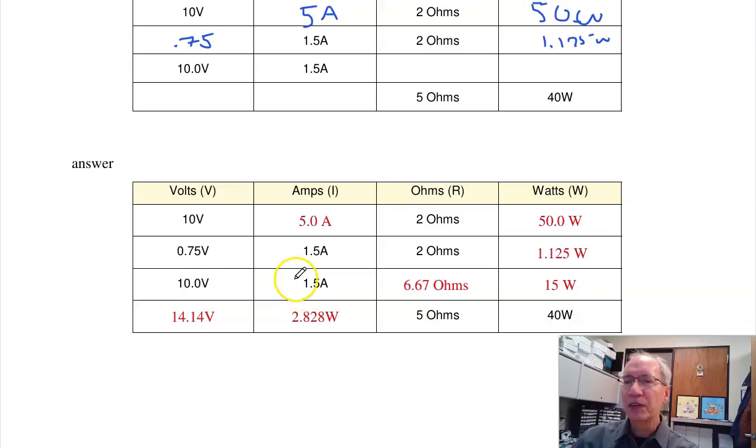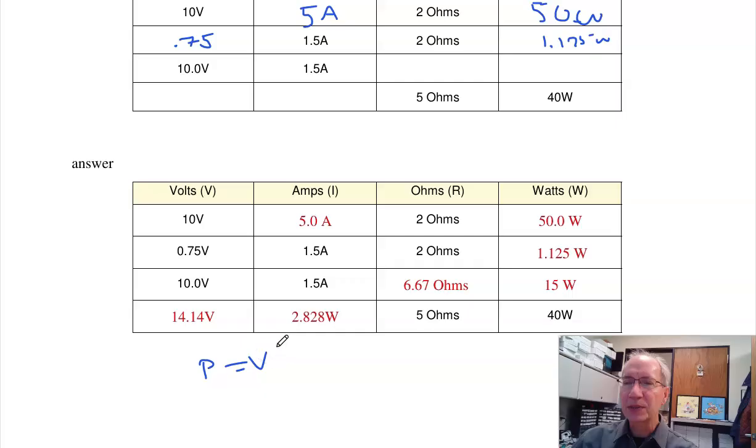10 volts, 1.5 amps. Volts over amps gives you ohms. Volts times amps gives you watts. Over here, if I have ohms and watts, this one's a little bit tricky. I have power